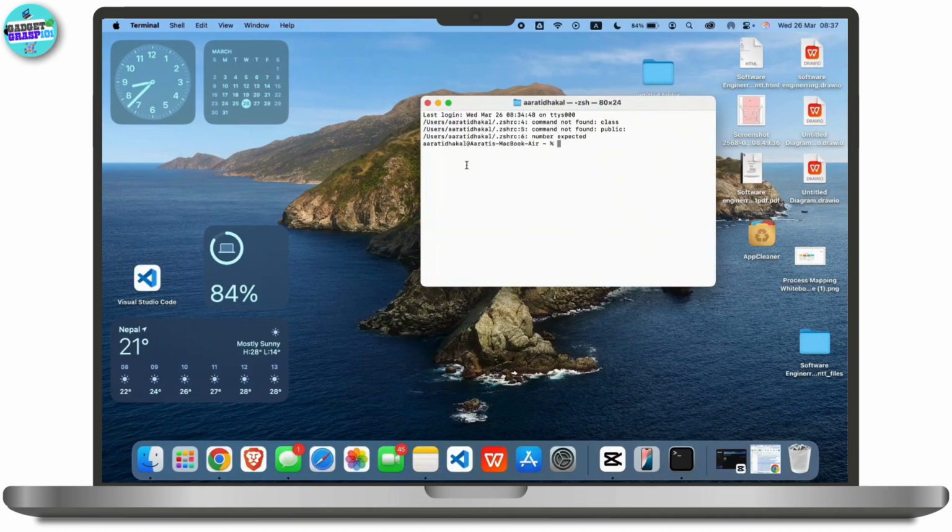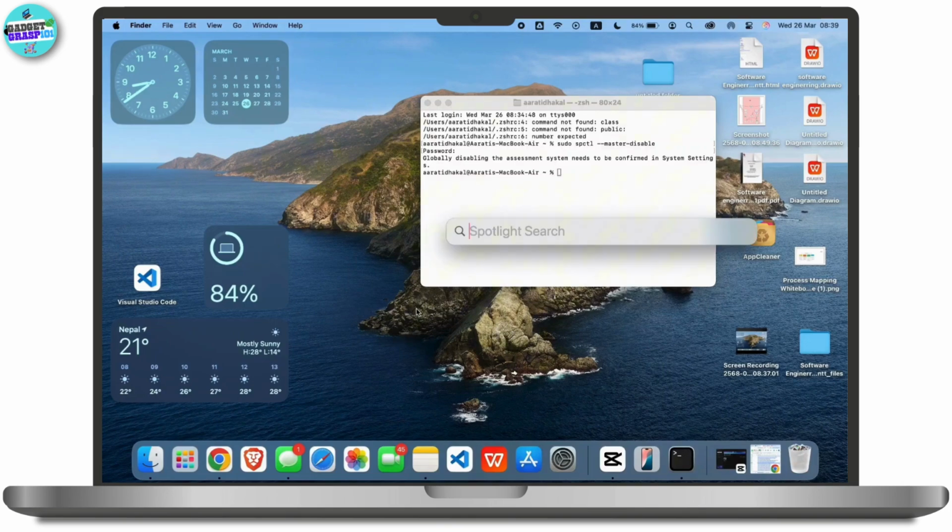Now, all you have to do is make sure to follow the same command I have written here. So, first of all, begin with the first command and simply press enter. Now, once you press enter, you'll be asked to enter your Mac password on your terminal. So make sure you remember your Mac password, and you'll have to enter it and again hit enter. Once done,